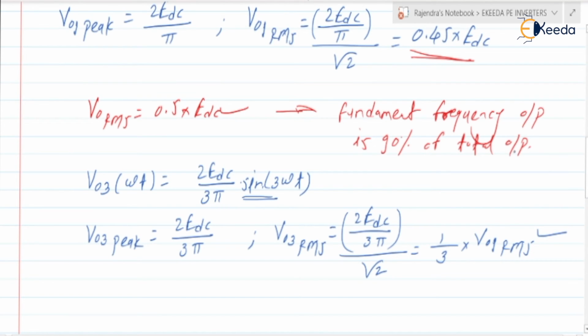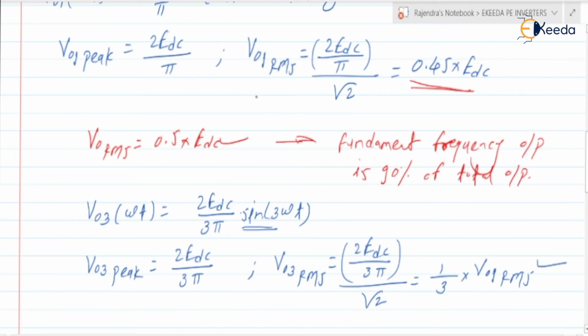Okay, so if you check, as the order of harmonic increases, its content in the output voltage decreases. For V01 it was 0.45, and for V03 it is 1 by 3 into 0.45. Means it is reducing. As the order of harmonic increases, its output voltage goes on decreasing, but at the same time, if you check,